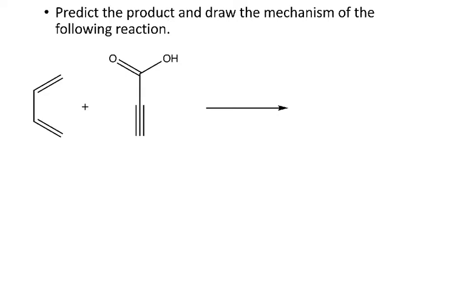Okay, we have a similar reaction. In this case, we have an alkyne instead of an alkene, but the mechanism that they want us to draw is also basically going to be the same. So I'll go ahead and draw in my dashed lines for the new bonds that we're going to make. And then I'll just go clockwise again. And now the difference, our product this time,